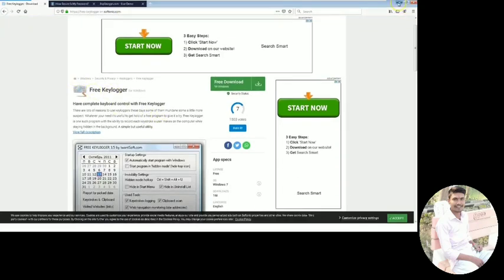In my demos, I always have a keylogger running in the background to capture all the keystrokes that I make whenever I'm doing any demos. This keylogger can actually be hidden in the taskbar, but for our demo purposes, I've kept it visible. When you click on it, it will open up and give you a basic screen where you can start navigating